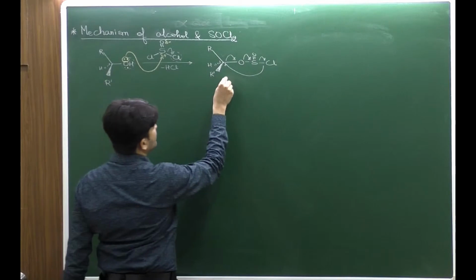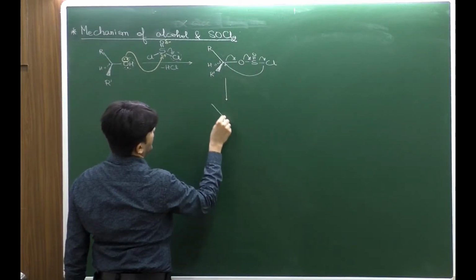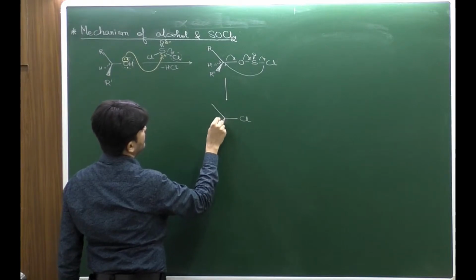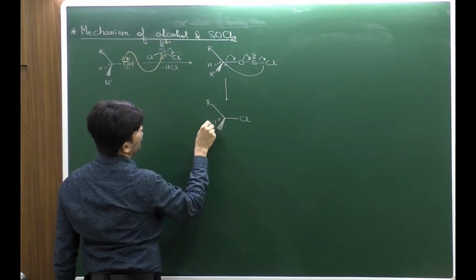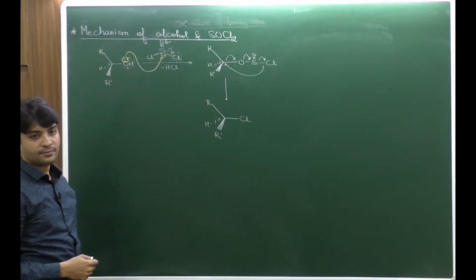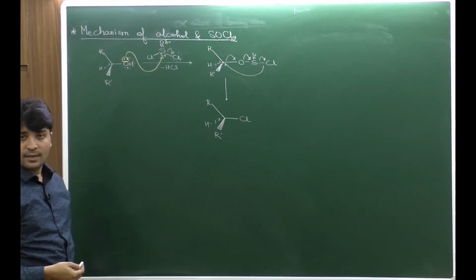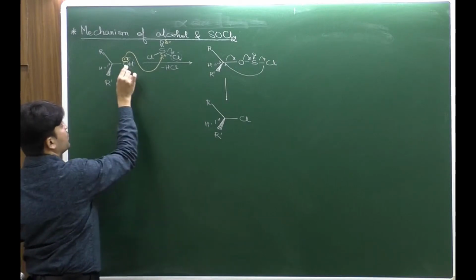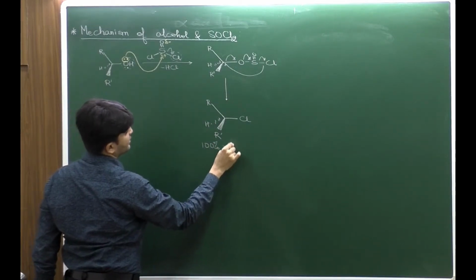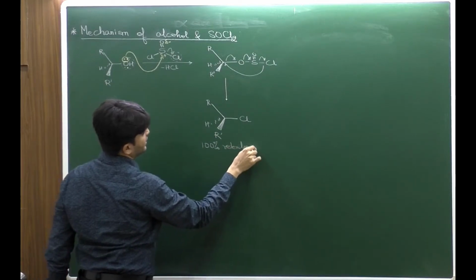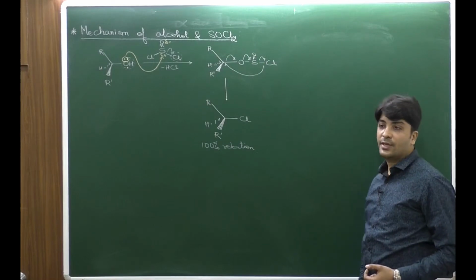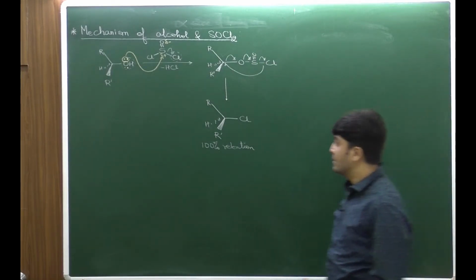Finally, the product of this reaction would be R, Cl here, the R dash and H. Now what we observe here is the Cl has attacked from the front side, and because of that the product is 100% retention. 100% retention. This is the only reaction where we get 100% retention of configuration, and this is a mechanism